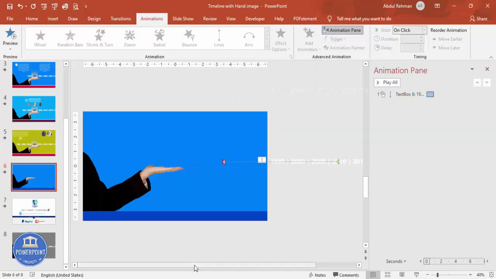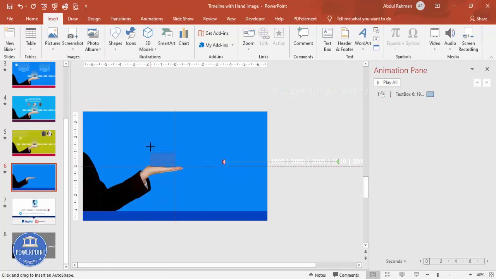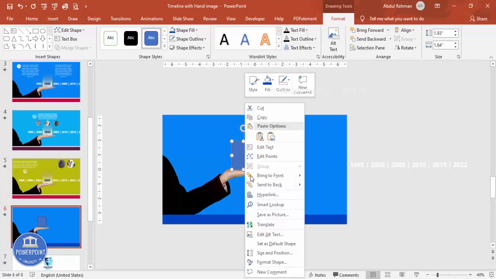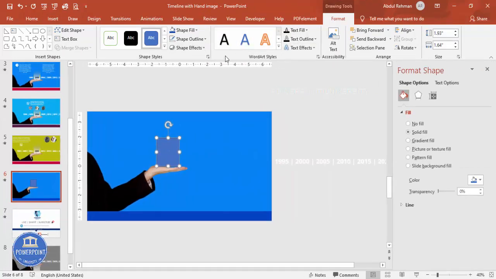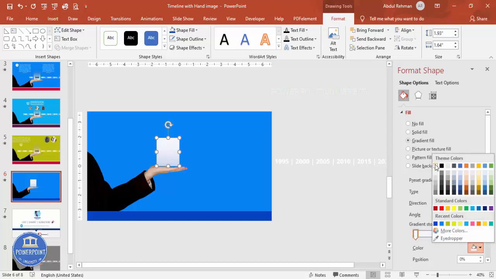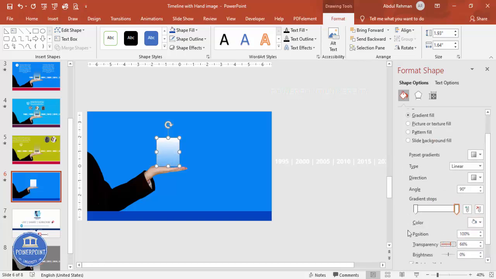All right, and then what I'm going to do is, let me just go to insert shapes, select one rectangle, draw a rectangle here like this, close this one, right mouse click, go to format shape, and I'm going to make it no outline, and here I'm going to select a gradient fill. So select the gradient fill, and by default 4 stops are there, so I'm going to delete 2 stops, and the first stop I'm going to select the white, and select the second one also. I'm going to select the white, but I'm going to make it somewhat transparent here, so it looks like this.